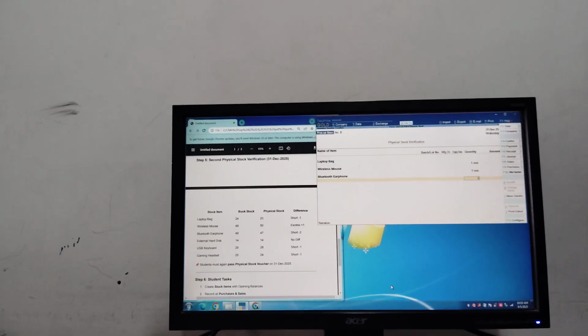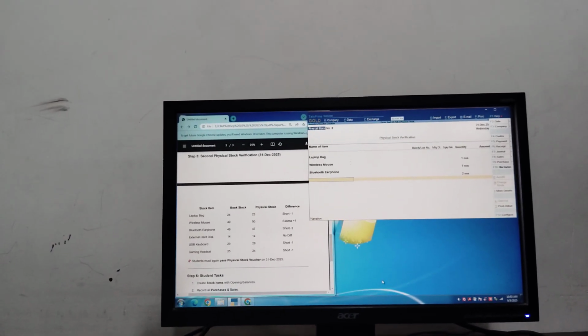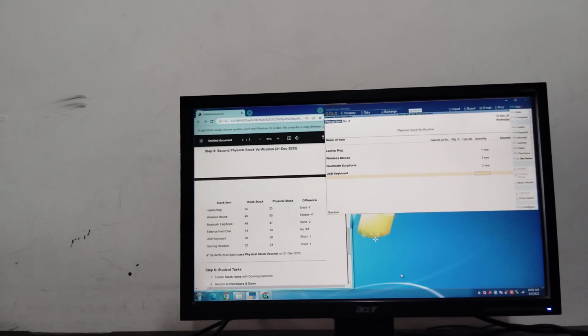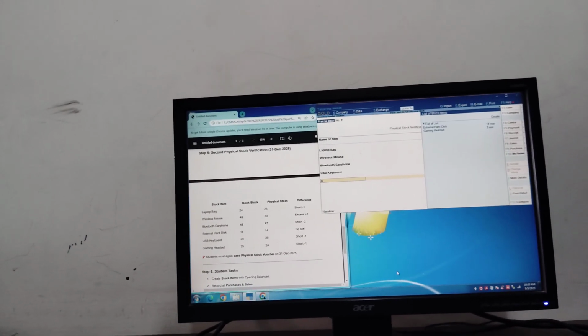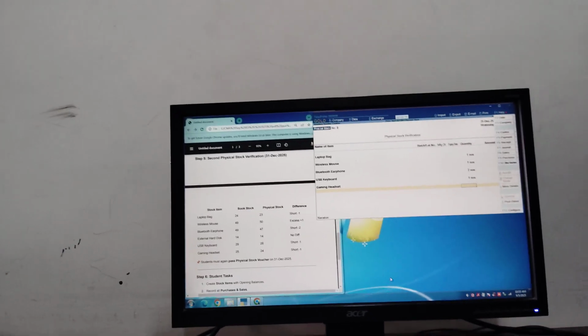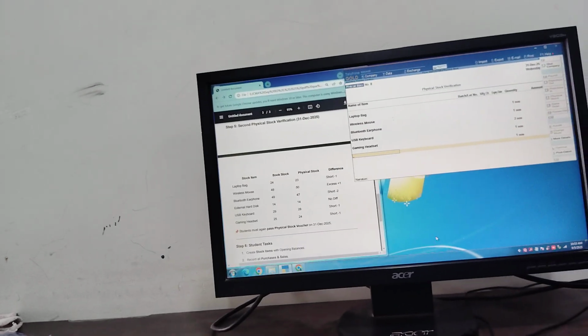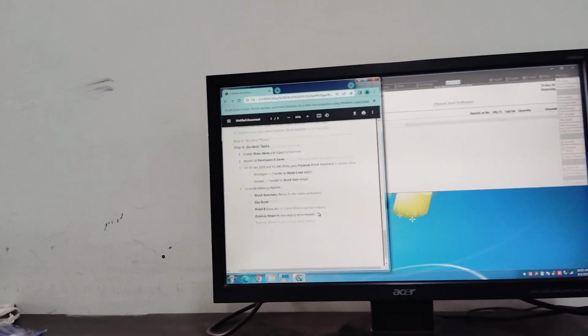Bluetooth, tools, external hard disk, there is no difference. USB keyboard 1, gaming headset 1. So 1 2 3 4 5, 1 2 3 4 5. Okay, we have done this second physical stock verification.